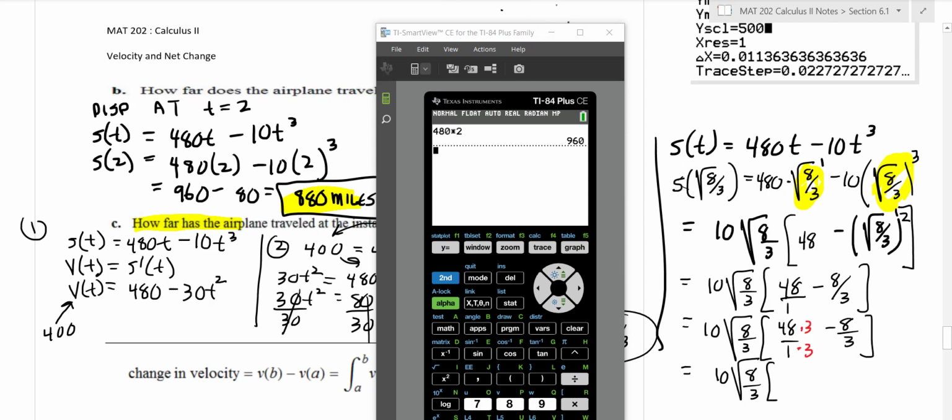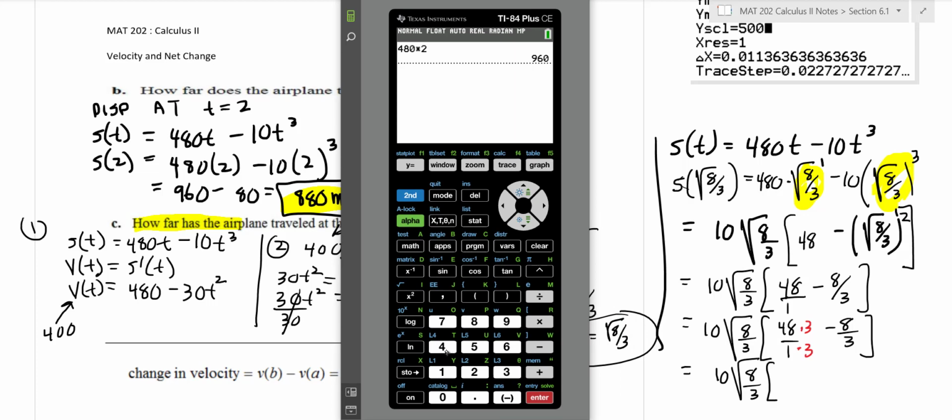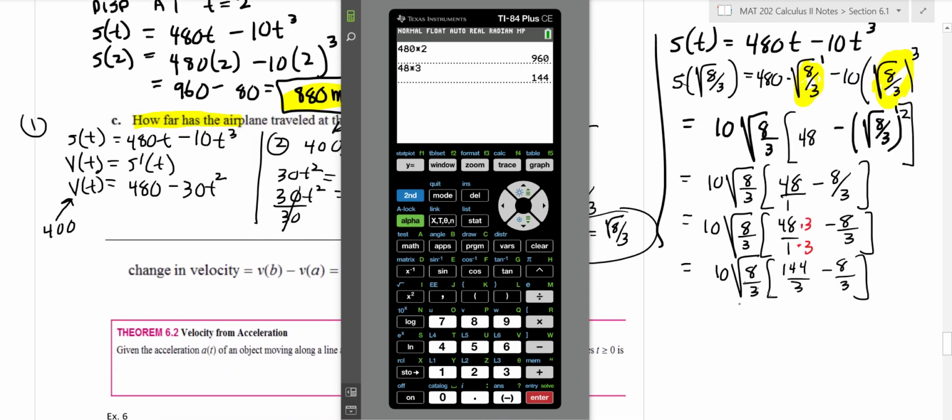Okay, so just finishing up the arithmetic. Then we got 48 times 3, 144. So this becomes 144 over 3 minus 8/3. Okay, and then this is going to become 10. I'm going to go ahead and break this down now. So I've got